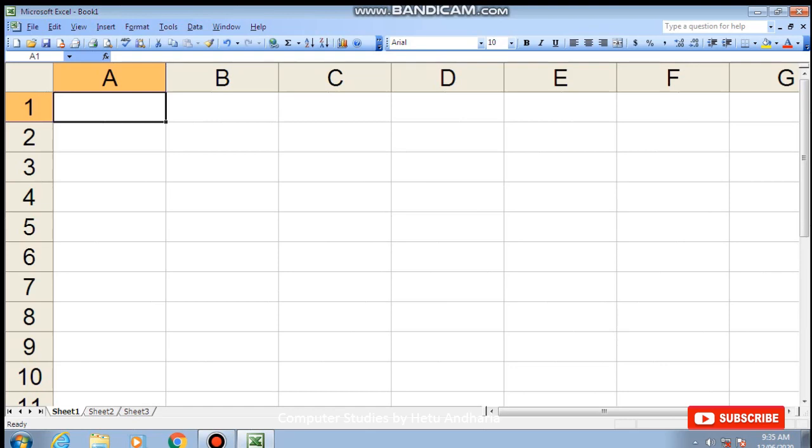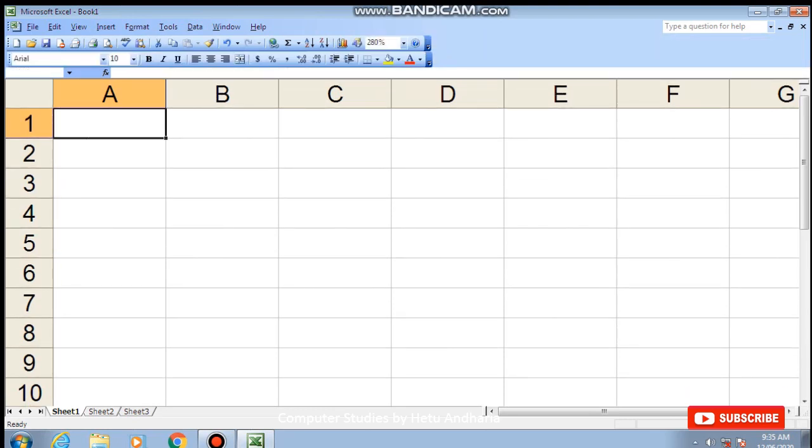So in the Ubuntu operating system, another application which does the work of Excel is installed. That version which is installed in Ubuntu resembles Office Excel 2003, and that is why I am teaching in Office Excel 2003.